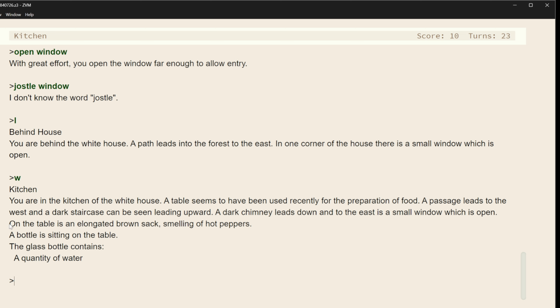On the table is an elongated brown sack, smelling of hot peppers. All right, there's a lot here to think about. A bottle is sitting on the table. The glass bottle contains a quantity of water. All right, so a lot to do and fiddle with.